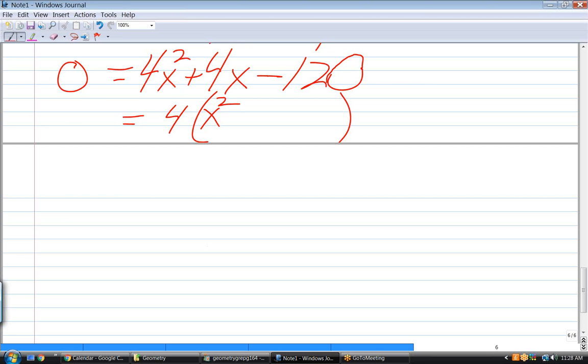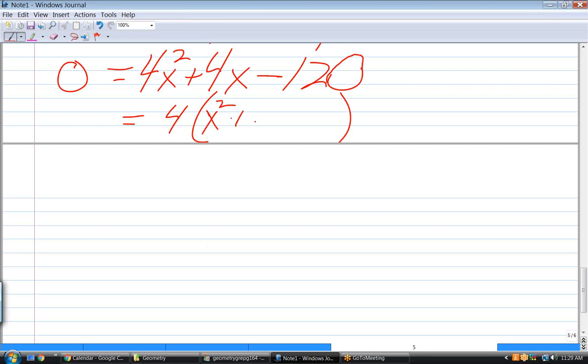The important part is this. After you've done it, always do the check immediately. I do every single time. I never write this down without in my head multiplying it back together again to make sure that I got what I started with. That's why when you gave me the answer 1/4, well, when I do the check, 4 times 1/4 is 1, not x squared. So make sure that the moment you write down that answer, you remultiply those to make sure you didn't change it. Okay. What's next? And then it would be 4 times x squared,